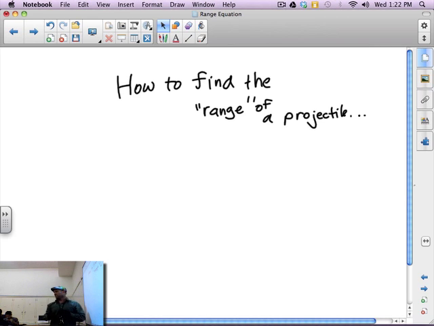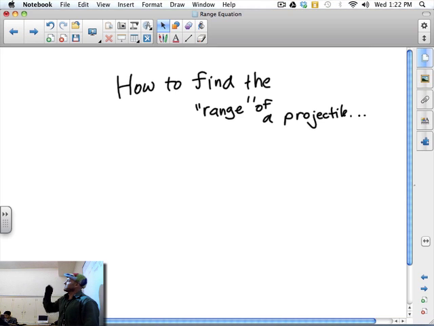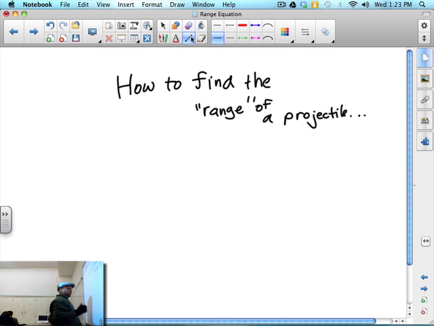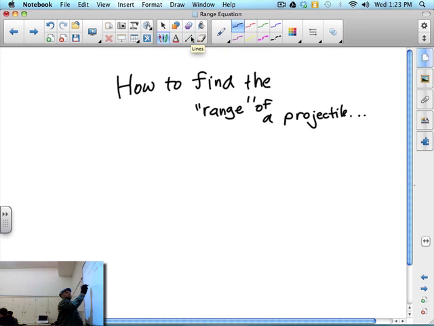And for this simple case, we'll assume the object's launched where the object is launched from and where it lands are the same height. Did everyone hear that? So that makes this equation